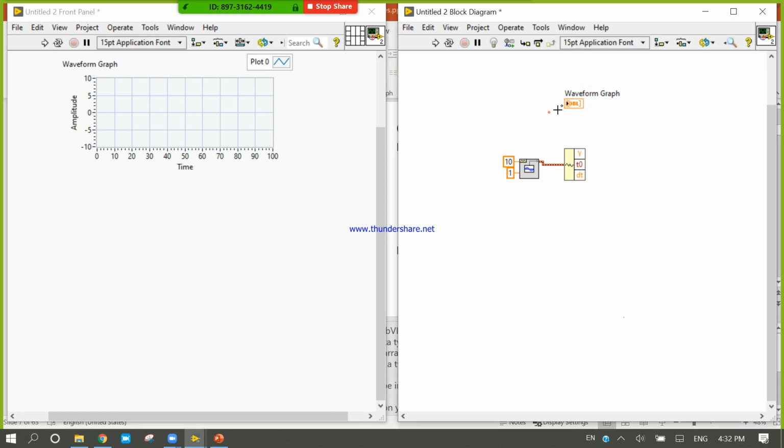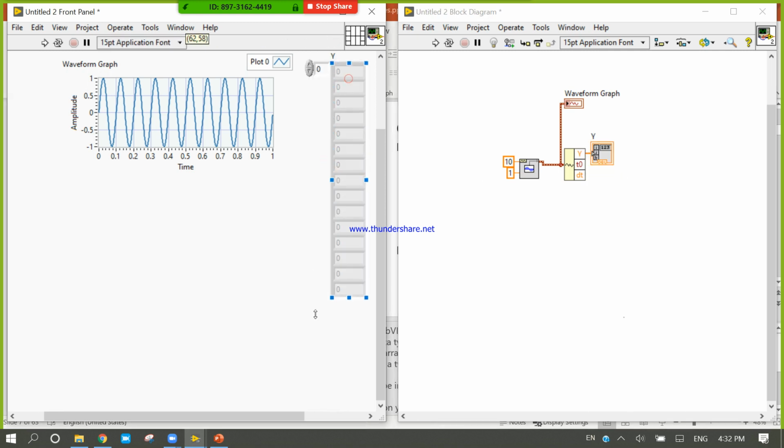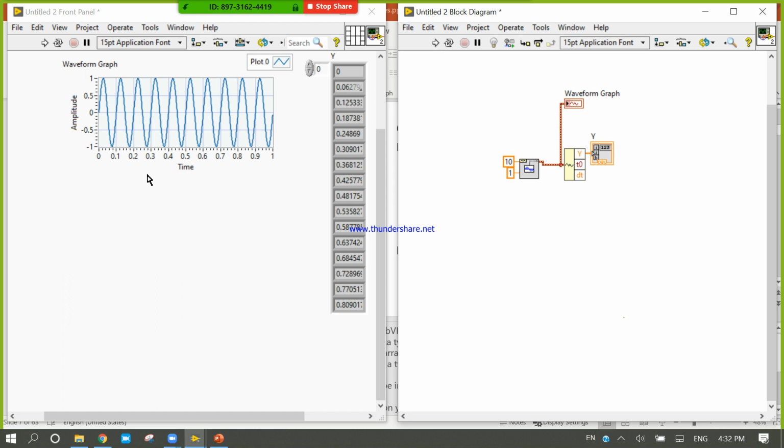View as icon. Okay, you know very well. But if you right click here and click as an indicator, you will get the data. Now my target is how many numbers are present in this waveform graph.